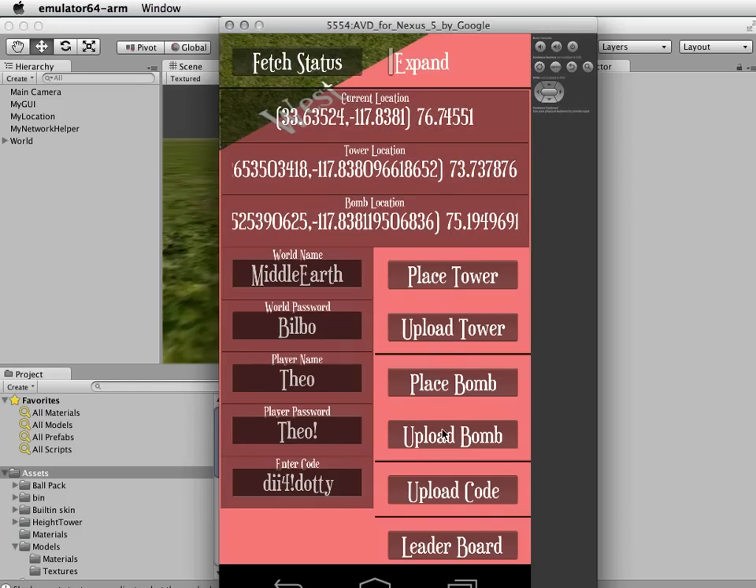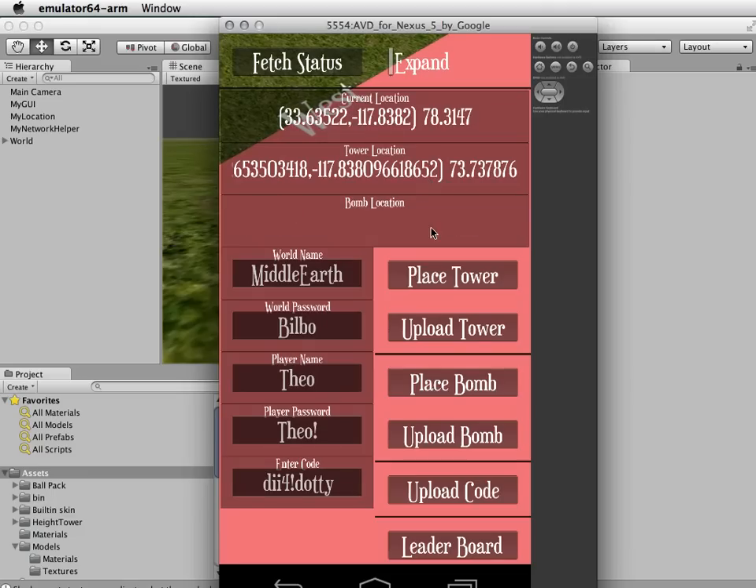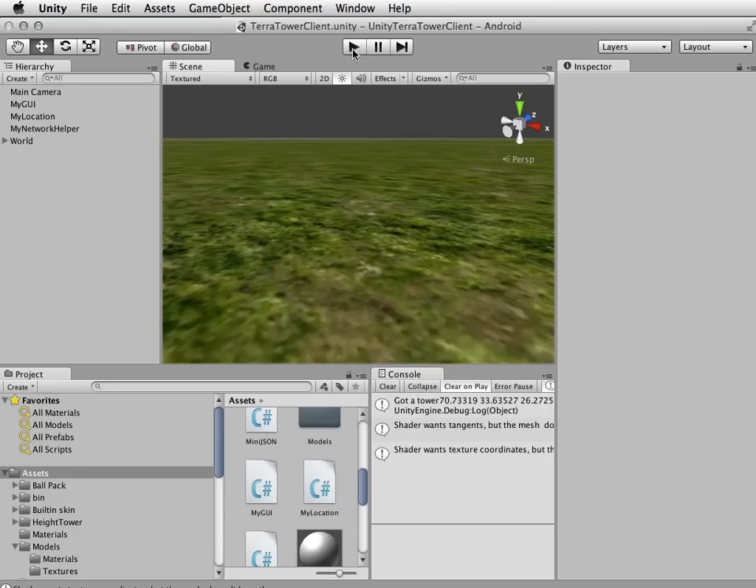So if I upload the bomb, that sends this stored bomb location to the game server, and once it's been successfully received, then it will clear out this bomb location. Okay? So now if we go back to another view, a little bit faster, we go back to the web view,